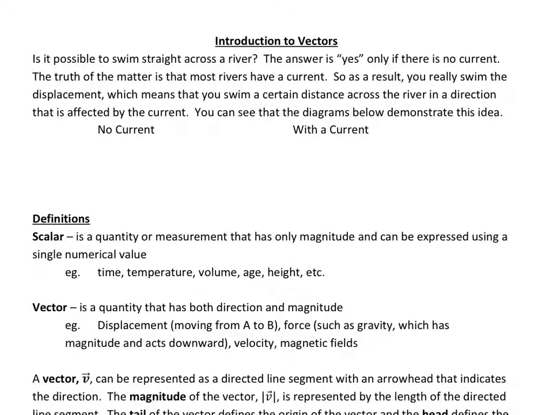In this lesson, I'm going to introduce you to the concept of vectors. Now, just as a bit of an introduction here, it says, is it possible to swim straight across a river? The answer to that question is yes, only if there is no current, because the truth of the matter is that most rivers do have a current, and so it would be virtually impossible for you to swim straight across